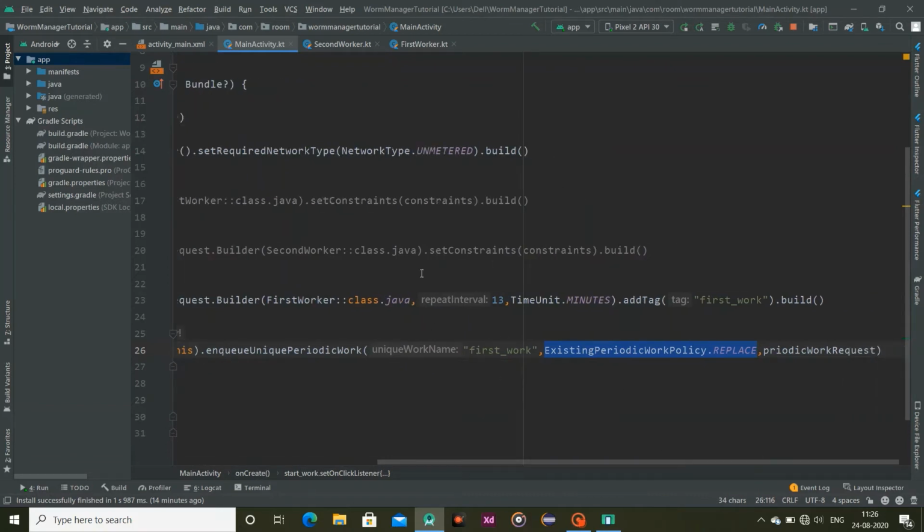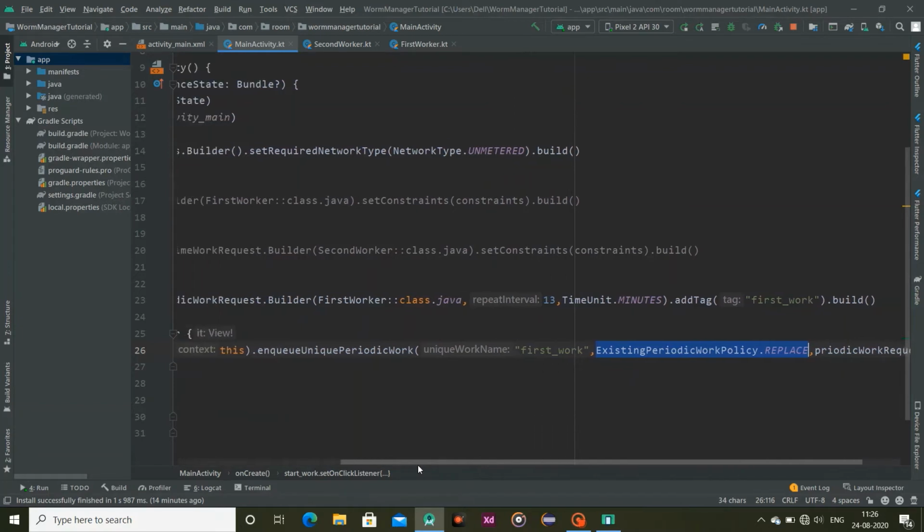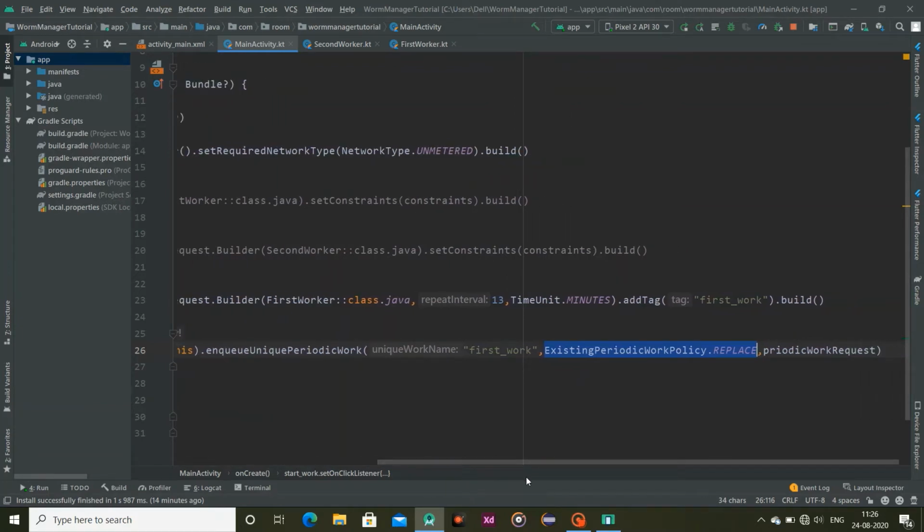When this periodic work is going to perform, it will check whether a work request with the same tag exists or not. If it exists, it will replace. That's why we have this existing periodic work policy, and we have replace, keep, and one more, I don't know.